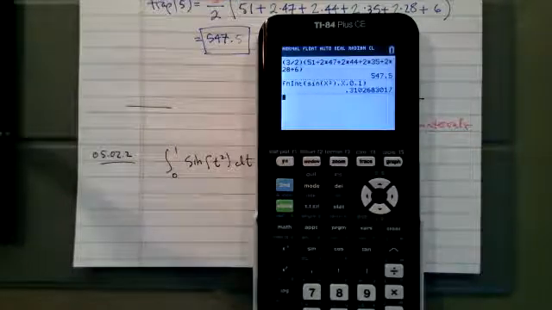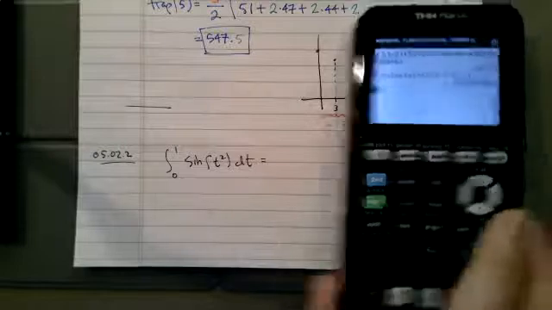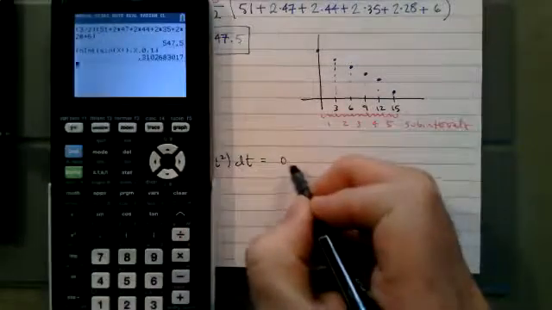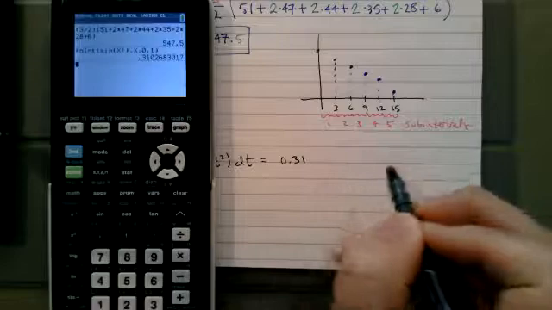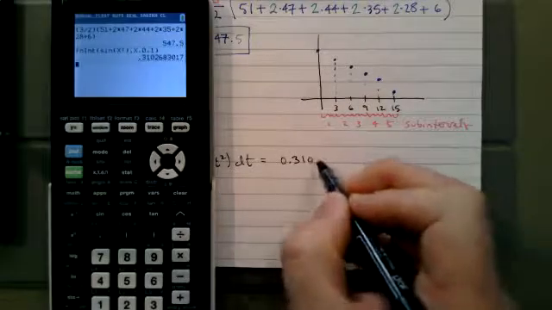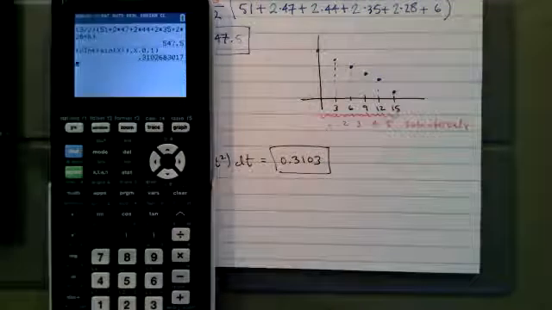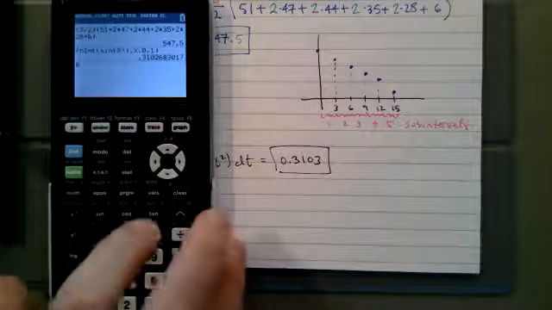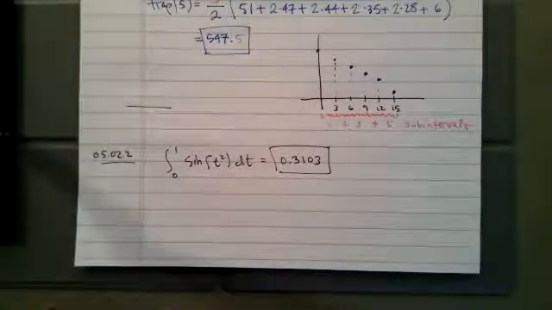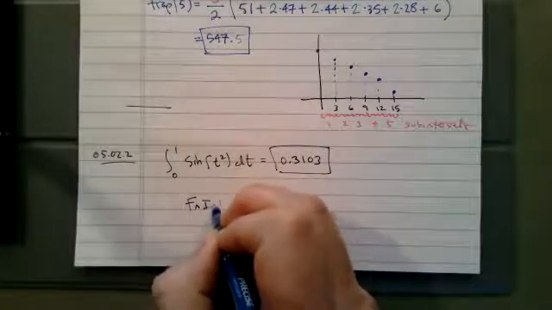We weren't worried about anything like the area, so we didn't have to worry about above or below the x-axis. Just make your calculator crunch some numbers, and then you get 0.31, how many did it want? 4 decimal places, 0.3103. So we just need to know our calculator syntax for this, which is fnInt is the command, and